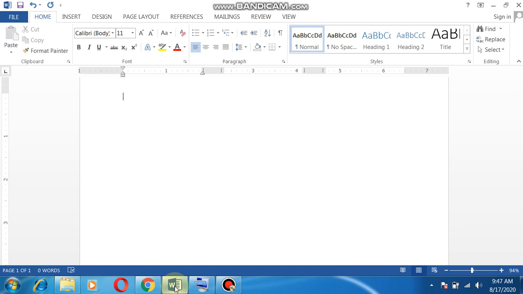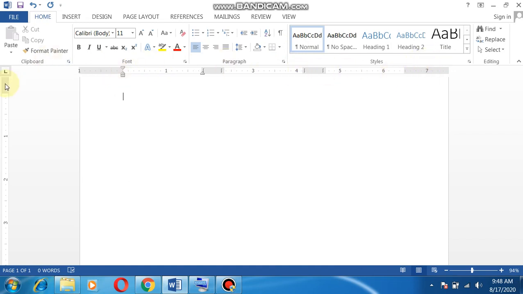Now, children, do you know that this is your document area, and this is the page where you are going to type your document, where you are going to write. Okay, now you can see here some gray areas. Can you see that some gray areas are there in this page on the left hand side as well as on the right hand side?